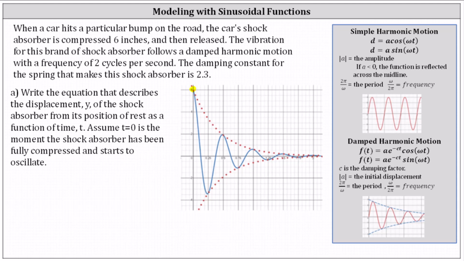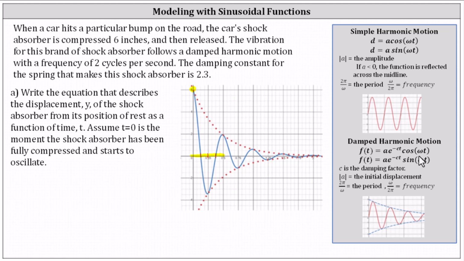If we take a look at the graph over the interval from 0 to 1/2 of a second, and then break this interval into 4 equal subintervals, it does follow the pattern for the basic cosine function, even though it is damped harmonic motion. We have a point at the max, a point at the midline, a point at a min, a point at the midline, and a point at a max, which indicates we'll be using the damped harmonic motion function involving cosine, not sine,